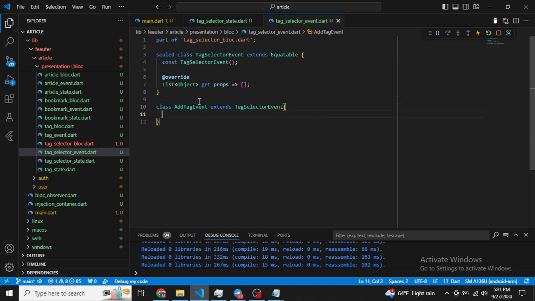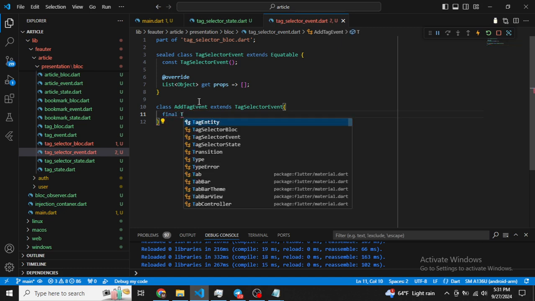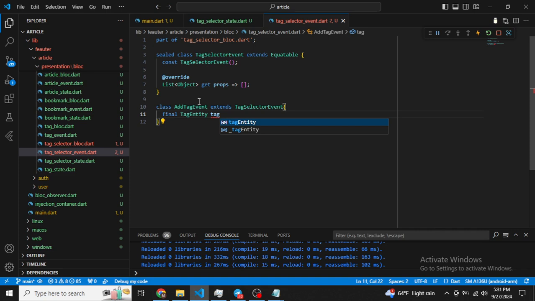And what we are going to expect when we try to add a tag, kind of a single tag. Final tag entity is going to be tag,